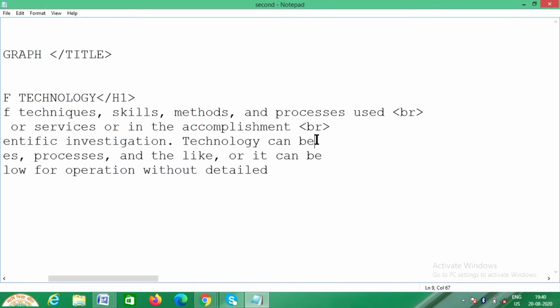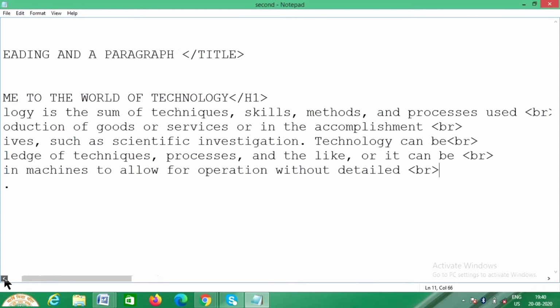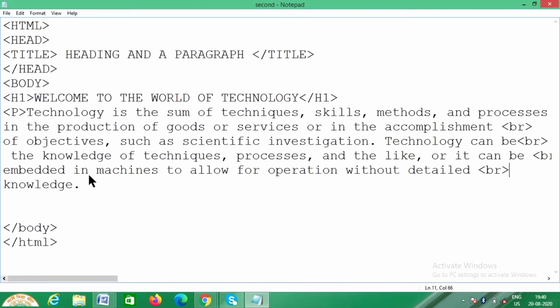Again here BR. Again here BR and BR. Fine. We will not write this BR at the last line. Why? That is a question for you all, because we are stopping here.